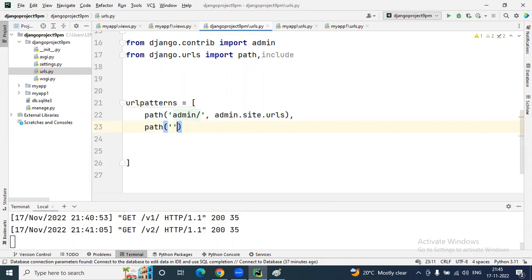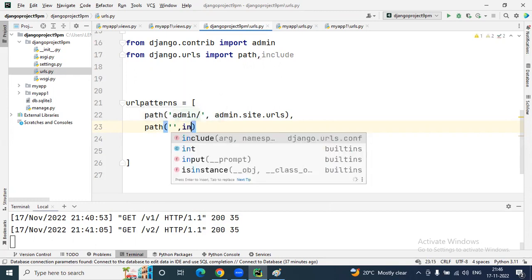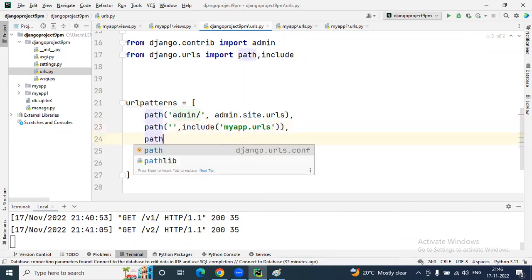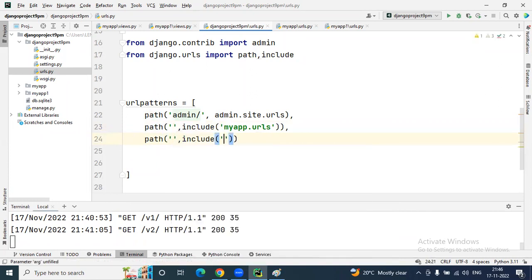If you don't give a name, what will happen? You can see this. So I'm not giving any names, but look here, include myapp.urls, that is the file only. Again, I'm including one more application level URLs: include myapp1.urls. That's all. Now this time you can see when we start the server,